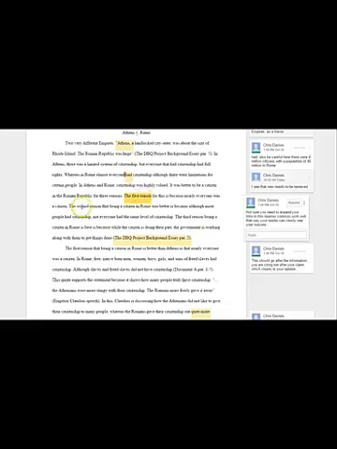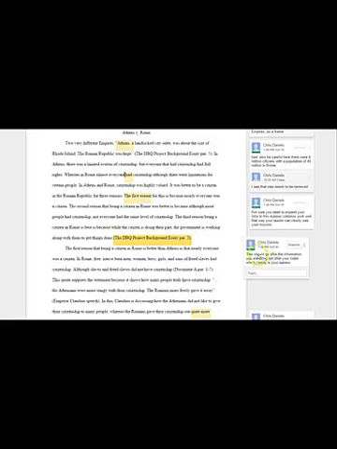The first reason, the second reason, and the third reason, these are basic transitions, which is good. These are transitions that you're using in your paragraph, but it's bad because it distracts the reader from what you're actually getting at. You want your point to be as clear and concise as possible. A good friend of mine once said, brevity is the soul of wit. Click on the next thing.